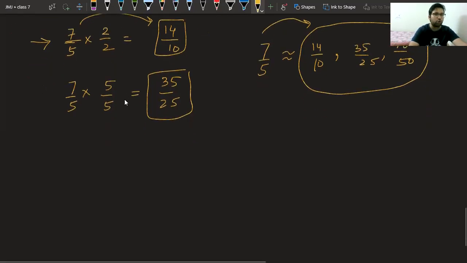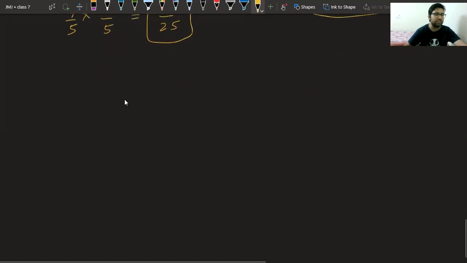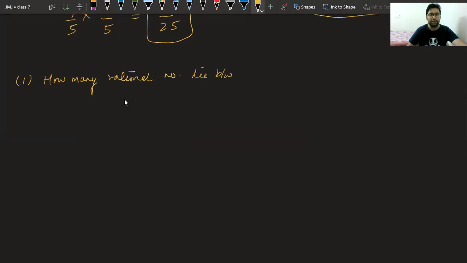Now, yesterday we were doing the concept of finding rational numbers between given numbers. Again, let me ask you the same thing. How many rational numbers lie between 1 and 2? Class, please tell me. Very good, Kavish. Very good, Mokshita, Lavya, Tushita. There are infinite number of rational numbers between these two.